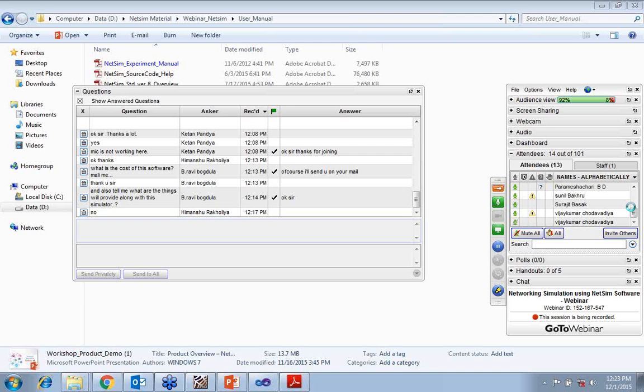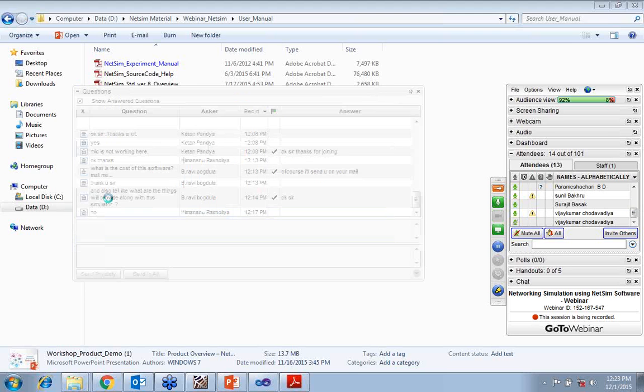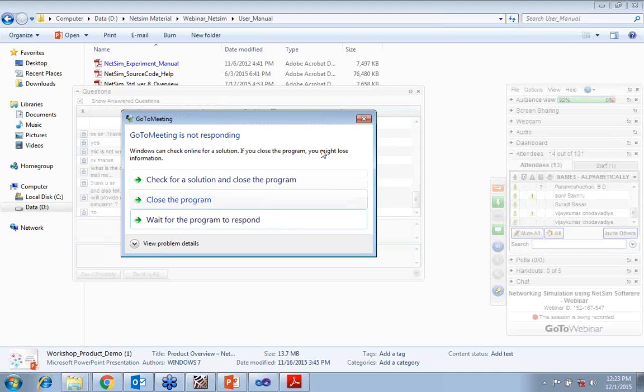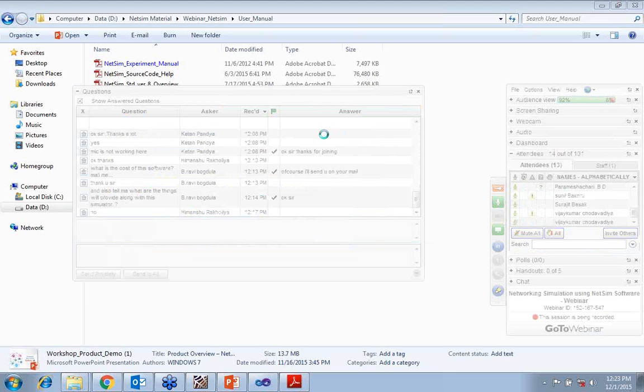Give your mail ID, Shravan. I'll provide you my email ID. Sir, send it to my mail, sir. I'll send you a mail, sir. Thank you, sir. Thanks a lot, sir. Okay. Bye.